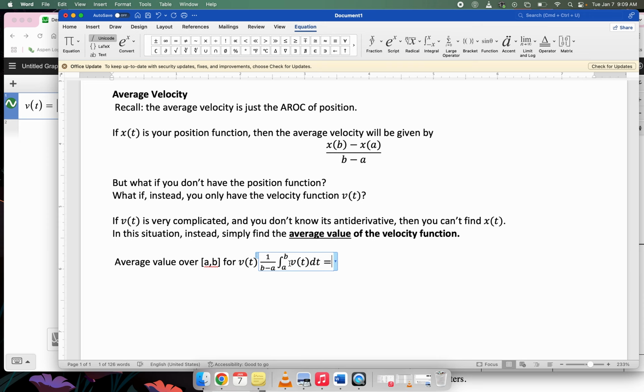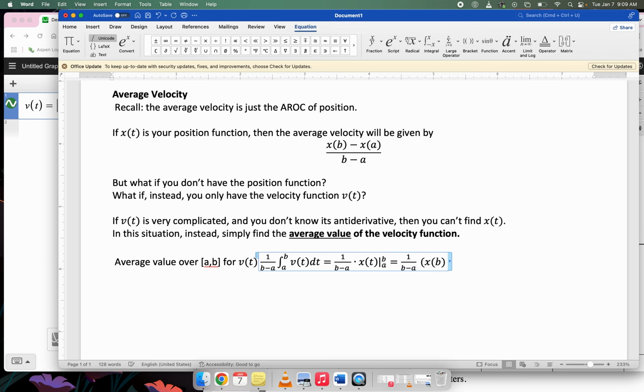Maybe in practice, this function's too complicated to anti-differentiate, but theoretically it could be done. And if I did find an antiderivative for the velocity function, it would be the position function, x of t. So this formula would be 1 over b minus a times the antiderivative, which would be the position function, evaluated from a to b. But of course, that's 1 over b minus a times